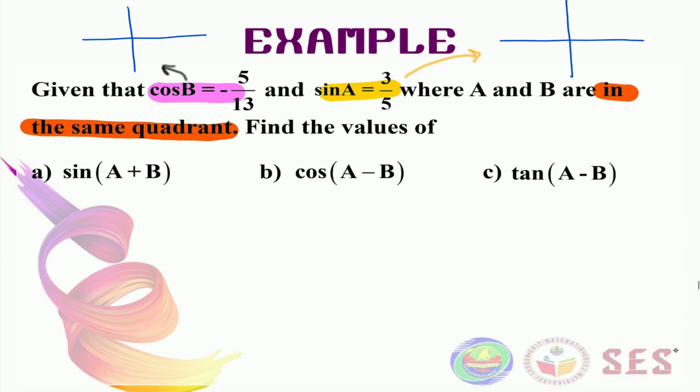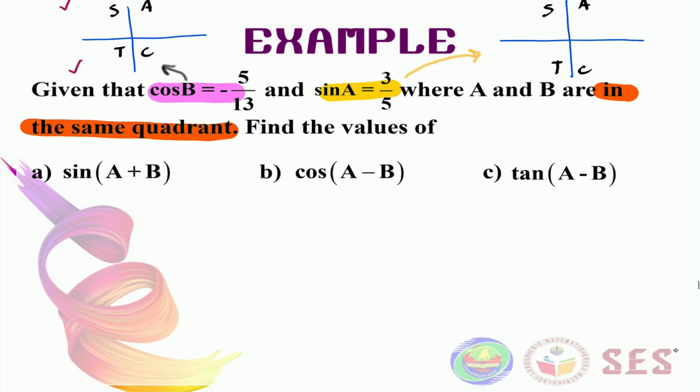So, from the question, we have negative value for cos and positive value for sine. We are going to use aspect here. If you have no idea what that is, I'll put a link down here in the description for you to refresh your memory. For those of you that are already clear with aspect, let's proceed to label the Cartesian plane with that. As given in this question here, we got negative value for cos B. That means we have two possible quadrants for B. It could be at quadrant number 2 and it could be at quadrant number 3.